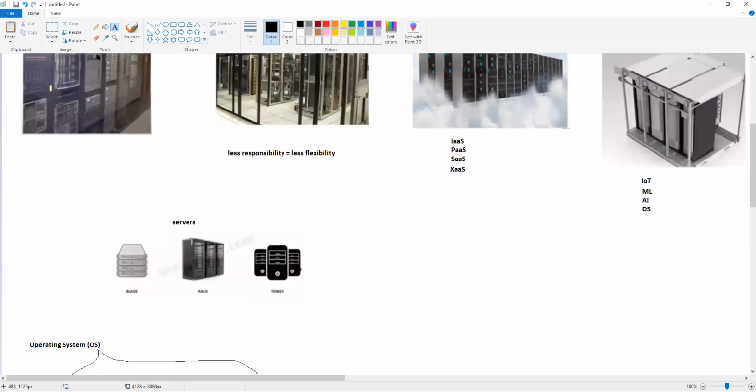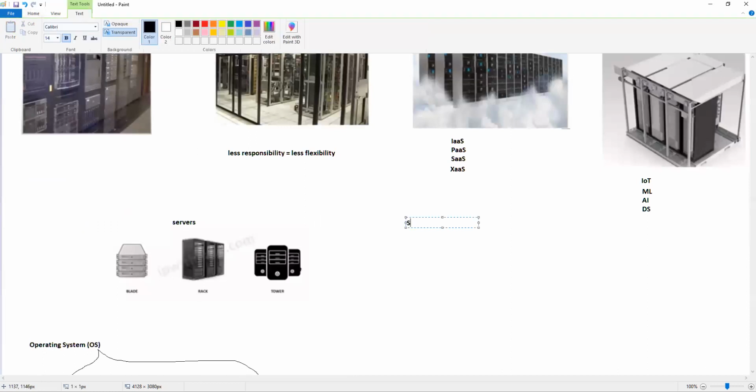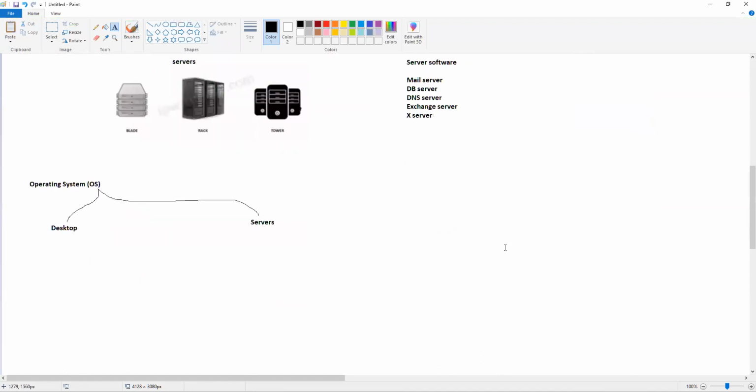There was another thing which I did not write, the server software type, which could be your mail server, FTP server, DNS server, Exchange server, whatever application you are running. Let me just say X server. Whatever application you are running, that is a server. So you have server everywhere. Now, server in the operating system.